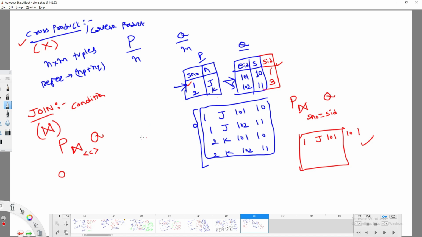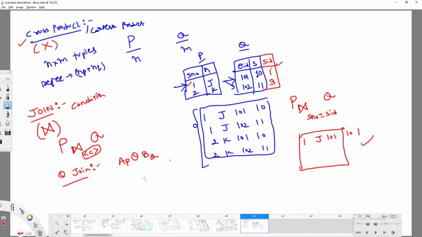Theta join means on the condition you take two attributes, like A in P and B in Q. A is an attribute in P, B is an attribute in Q. In between these two, we apply some kind of theta condition. So this simple example also comes under theta join.